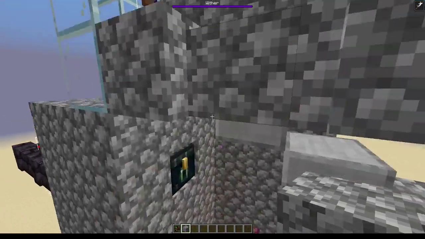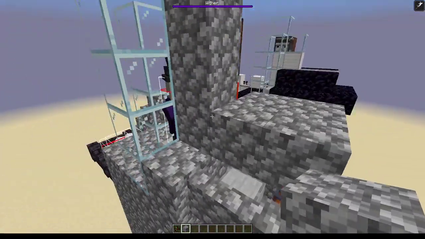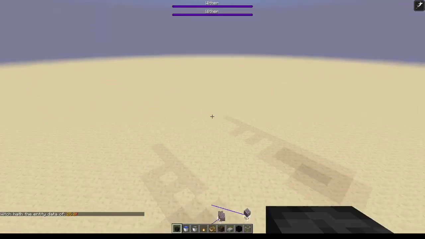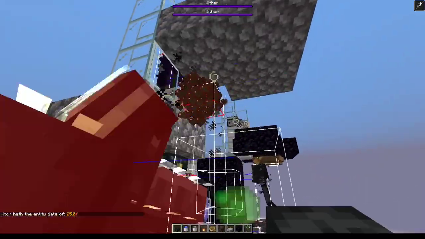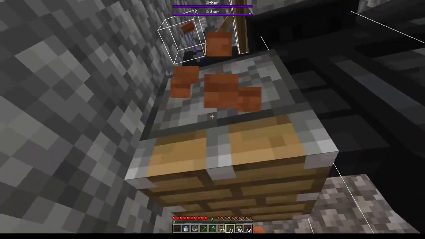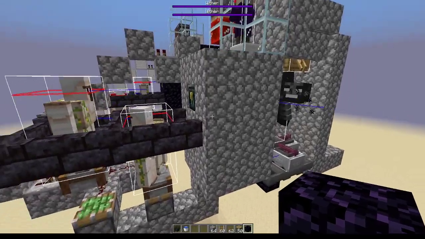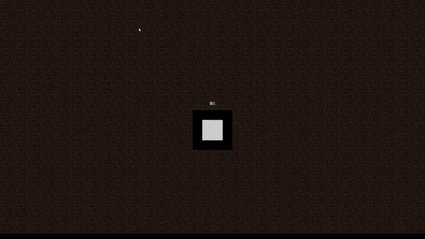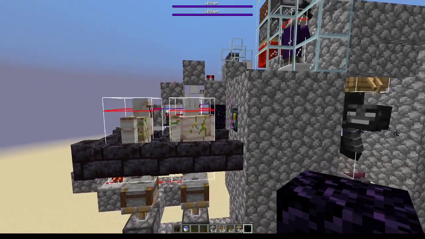And basically the witch died because my roof here is not sufficient. So you can cover up these blocks. You can cover up these blocks. And that is why you put the water. Oh, no, it's fine. Oh, I forgot. Yeah, I guess the best feature about this wither cage is that you can log out of your world and log back in. And he's going to